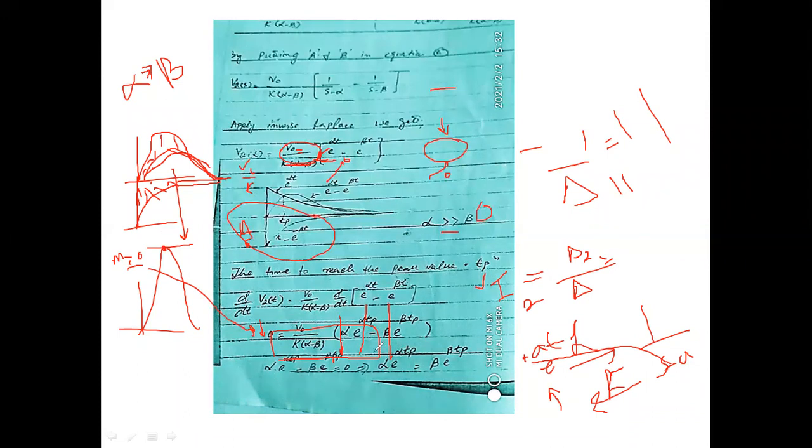Okay, now multiplying this on both sides, we will get this will be 0, and the negative term will be shifted over here, so alpha e raised to the power alpha tp. Now the t will be called tp because we are now at this peak point where the slope is equal to 0. So alpha e raised to power alpha tp is equal to beta e raised to power beta tp.